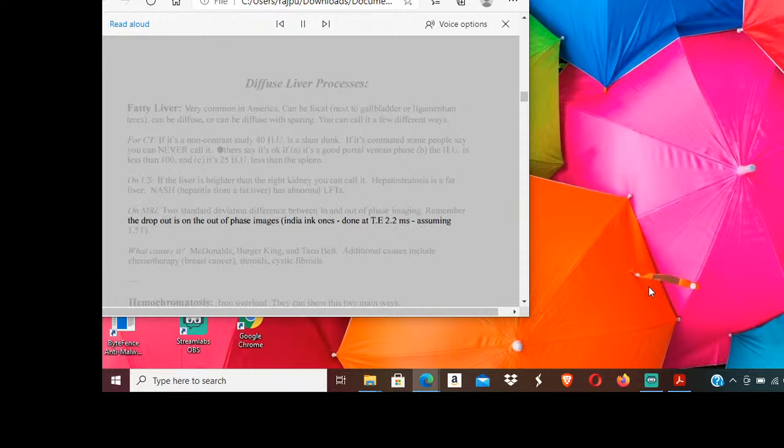In phase is done at TE 2.2 milliseconds, assuming 1.5T. What causes it? McDonald's, Burger King, and Taco Bell. Additional causes include chemotherapy, breast cancer, steroids, cystic fibrosis,